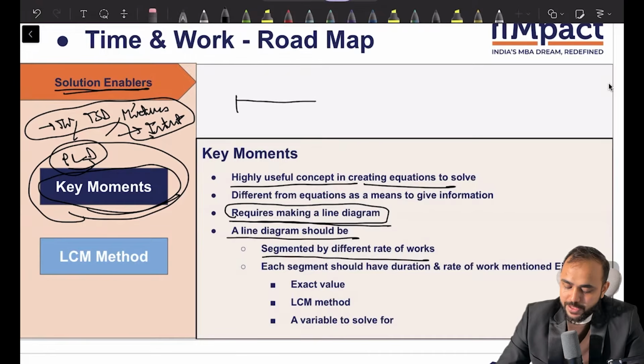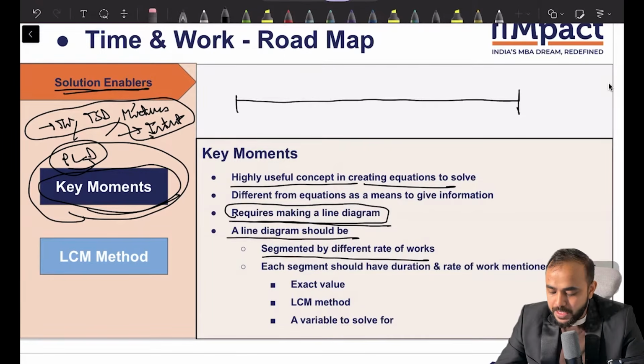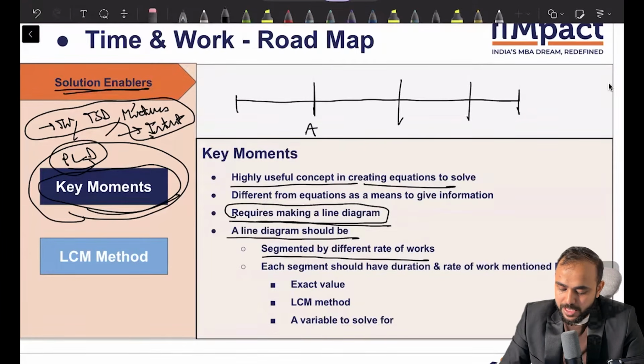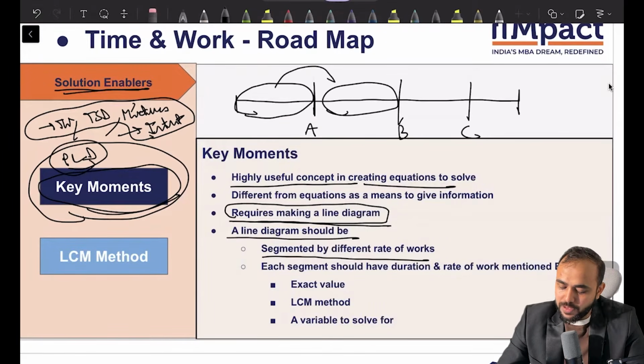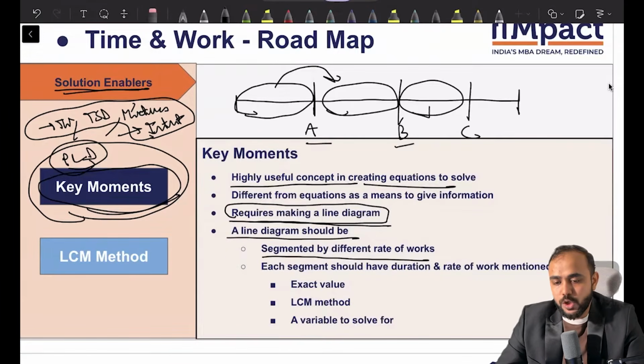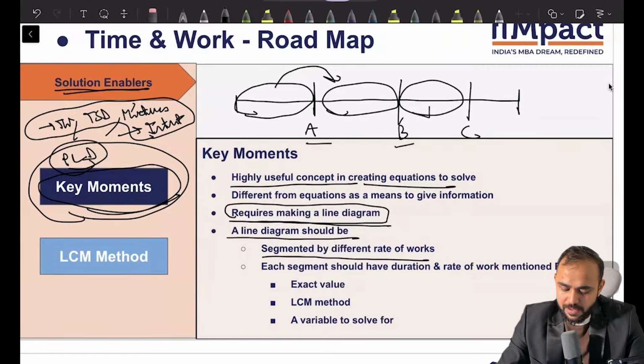So whatever line you have made, you will mark key movements on this, let's say movement A, movement B, movement C, such that in this segment the rate of work is fixed. In this segment the rate of work is fixed. It can be different from the first segment, but it is fixed. It is not changing within A and B. Between B and C the rate of work is something else, but it is constant. And finally this,